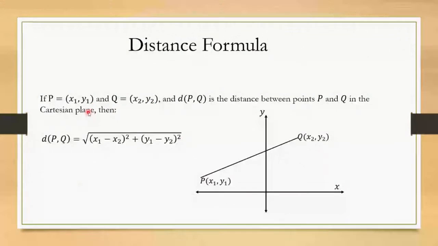So these are 2 points in the Cartesian plane. I did put an illustration here. P doesn't have to be over here and Q doesn't have to be over here, but it's still giving us the same idea. If we let D of P comma Q be the distance between the two,